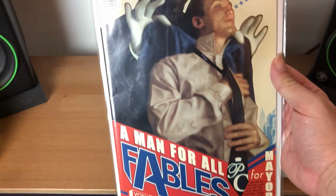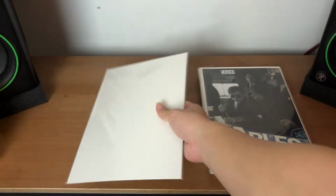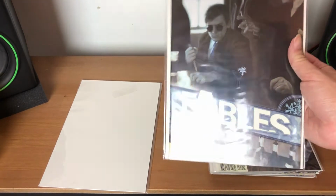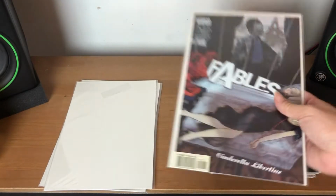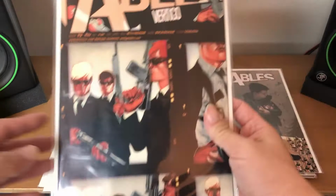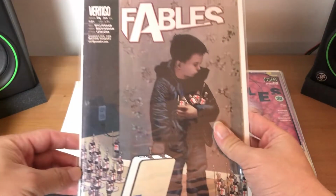So this is number 20. Good to get those early issues. I would assume those are the harder ones to get. Just adjusting the light. It's number 21, 22, 23, 24,